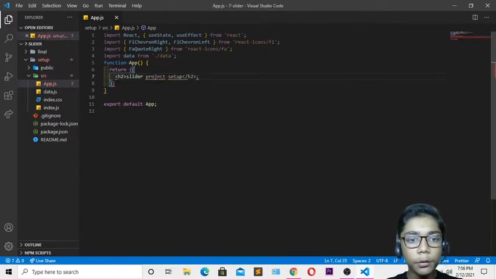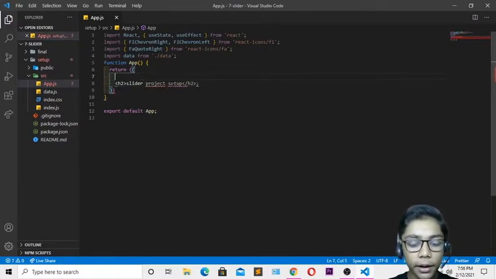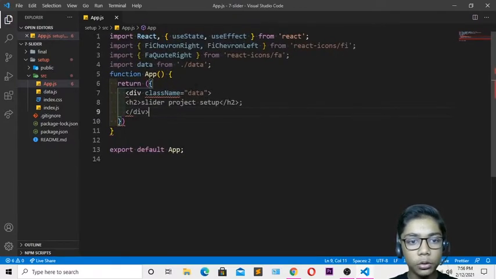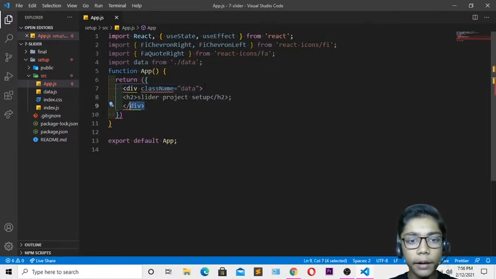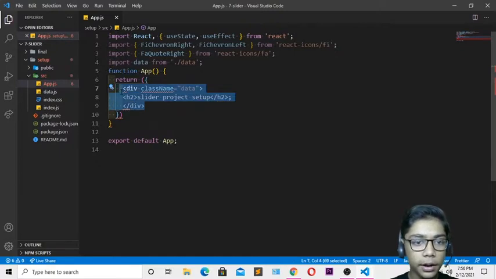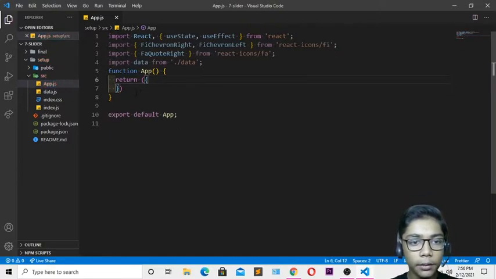Now when you've done that, I will write a div with a class name, and you can write any class name you like. I will close it by copying the closing tag and pasting it over here, and I will zoom in. You can see we have done that. I will copy these three tags over here and erase this tag which we have just created.